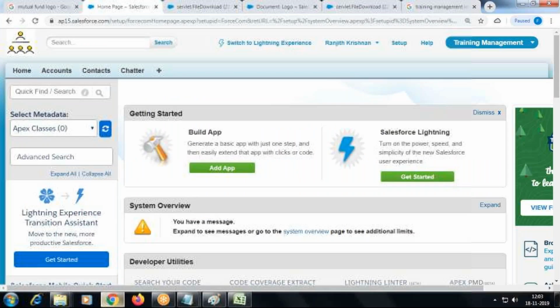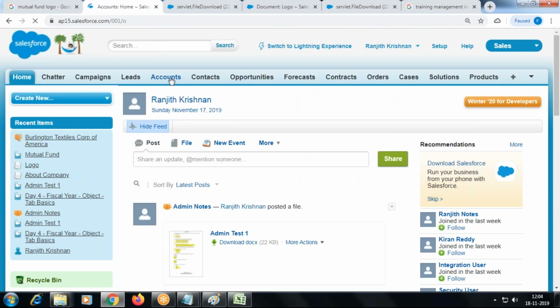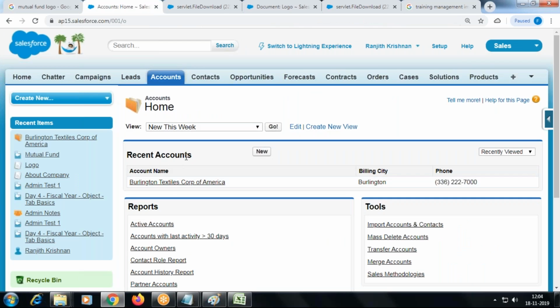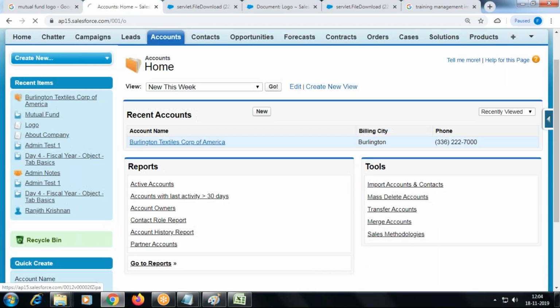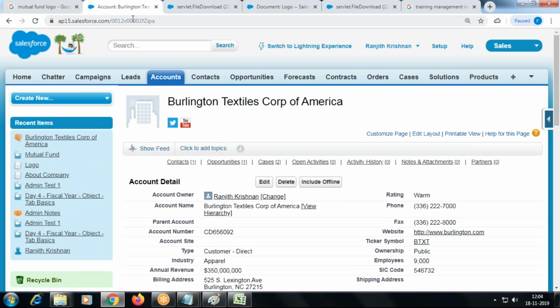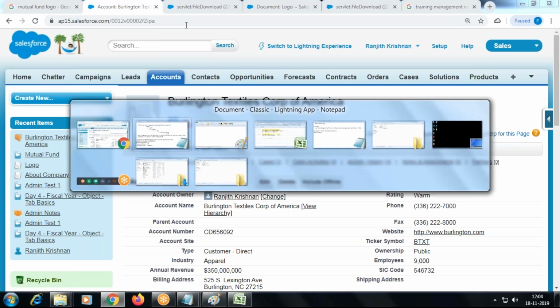So I go to the sales application, account, some recently viewed company record. Okay, company record. I go here. So what you're seeing at the top is your 18-digit alphanumeric ID, but within your platform, the last 3 digits will not be visible. Got me? But actually in the database, it's going to be an 18-digit ID. So this is the ID we are talking about here.